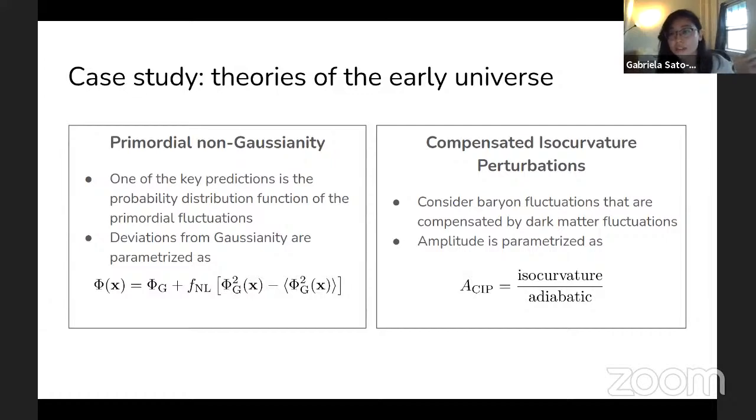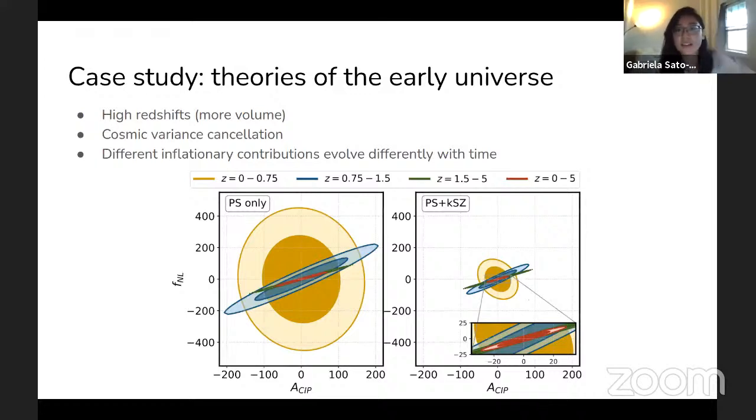So the total matter fluctuation is adiabatic, and we parameterize this through this parameter A, which is essentially this relation between the isocurvature and the adiabatic modes. And so these two components will, again, induce this scale-dependent bias. And they affect the clustering at any given redshift in identical ways. But by looking at this broader range of redshifts, we can separate these two contributions because they evolve differently in redshift.